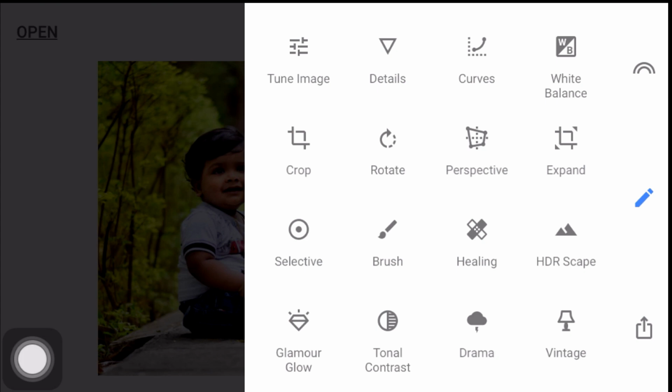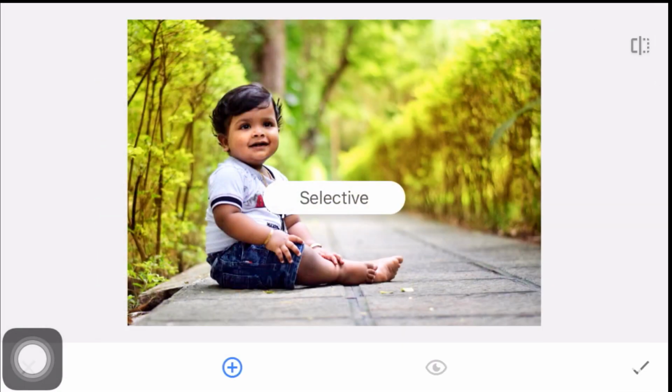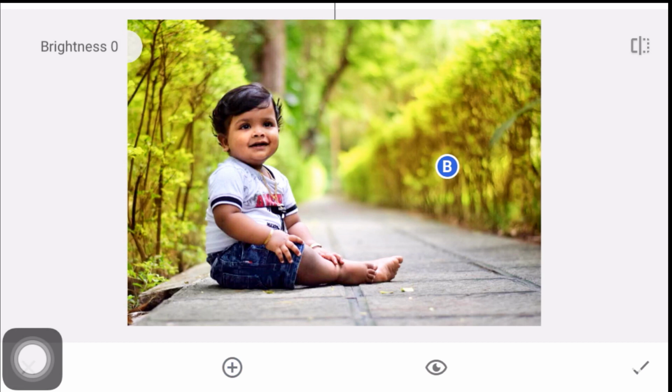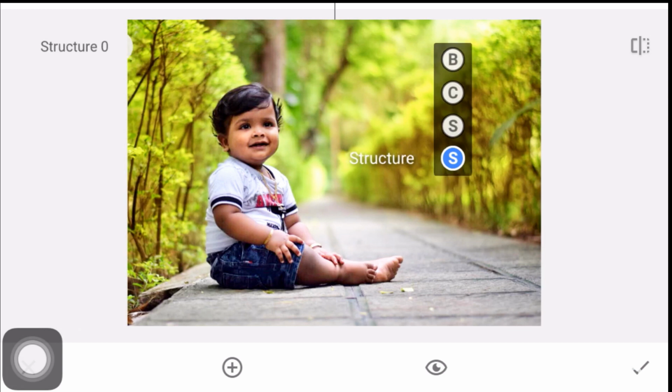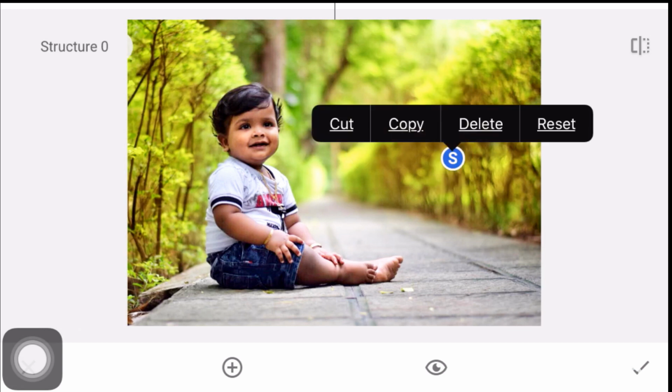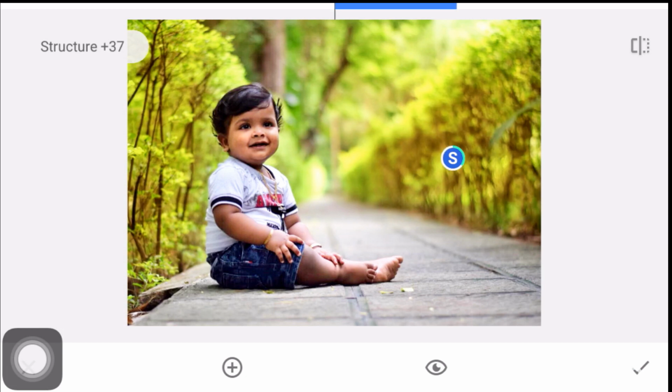In the selective button I am going to again select this area, and there is one tool called structure. Using the structure we can reduce the sharpness and smoothen the area. Suppose I select the structure, you can see the effect. I put it a little bit on the higher side.